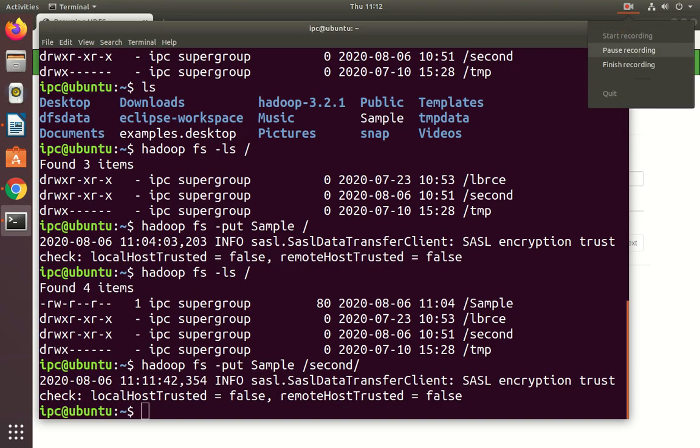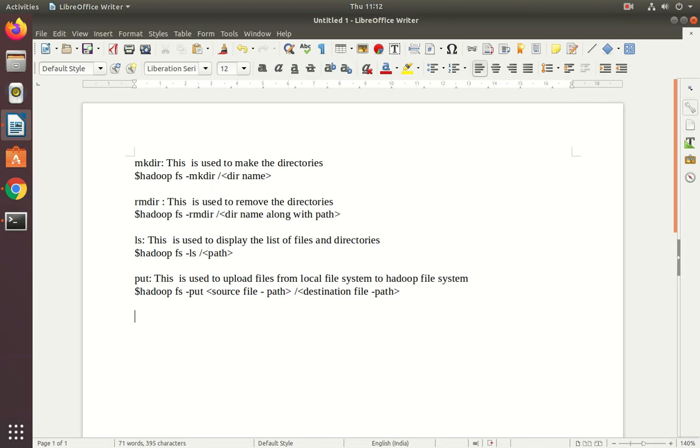Okay, the next command is the move or rename command. Move is used for both moving and renaming. It is used to rename a file or move a file from one location to another location.